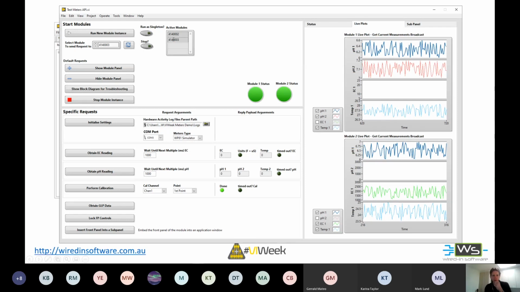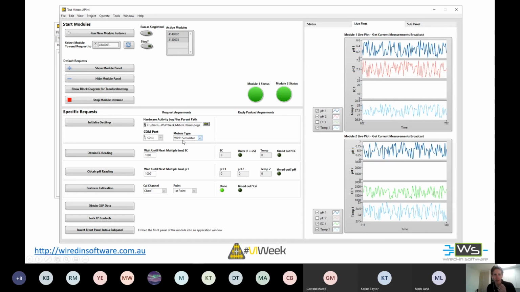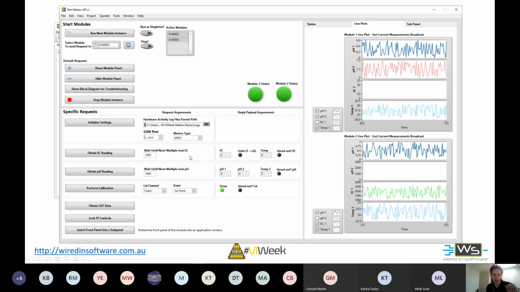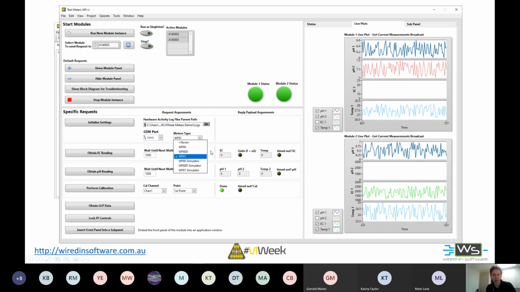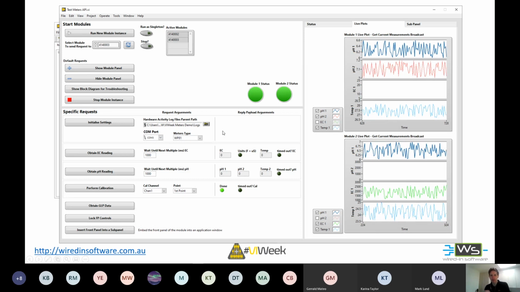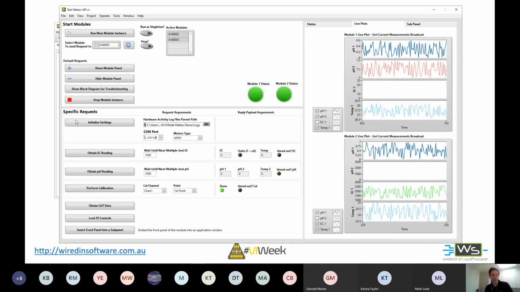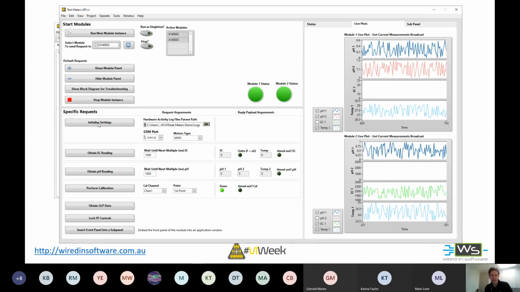I'm going to send down my initialize settings command to one of my meters again, and this time I'm going to say you're a real meter type. In this case, I'm going to make it WP81, not a WP81 simulator. I don't have a WP81 sitting here, and to emphasize it even more, I'm going to give it an invalid COM port. I know COM123 does not exist on my system. So if I send that down,